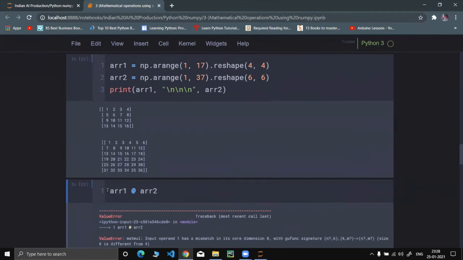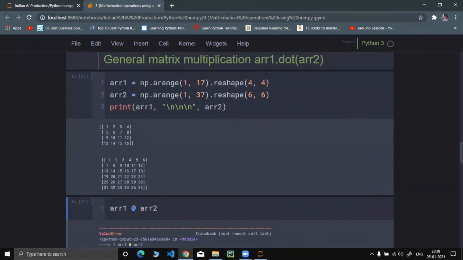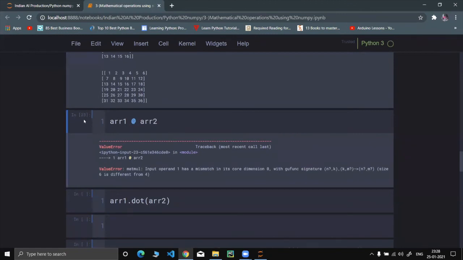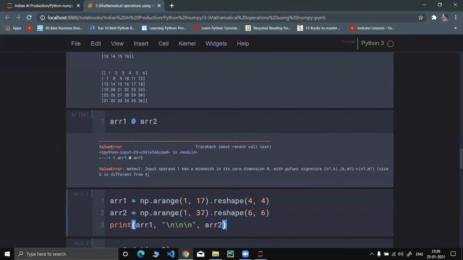Yeah, okay. So why this error is because the number of, see over here, this 4, which is number of columns and number of rows, this should be equal. Only then this matrix multiplication will work. Now this is not working, right? Now let's make some necessary changes over here.